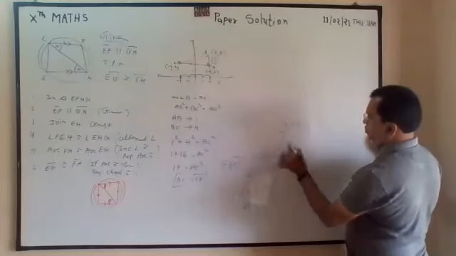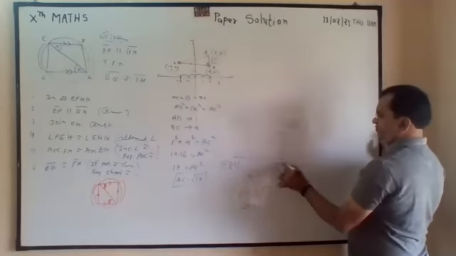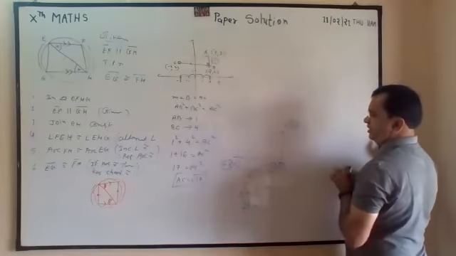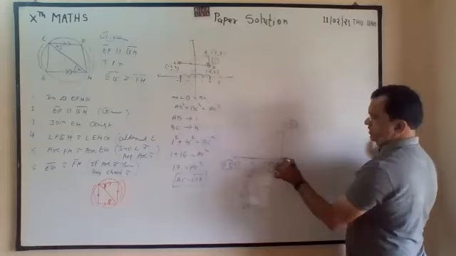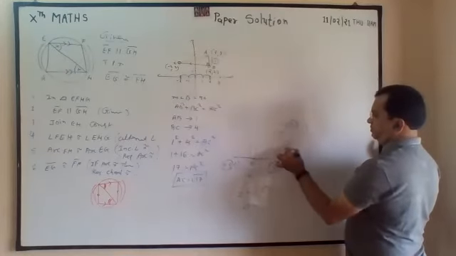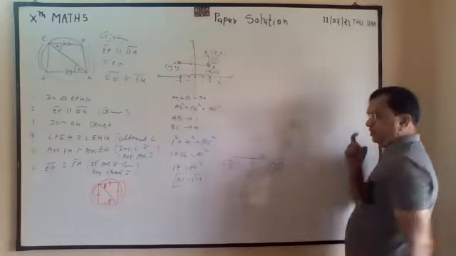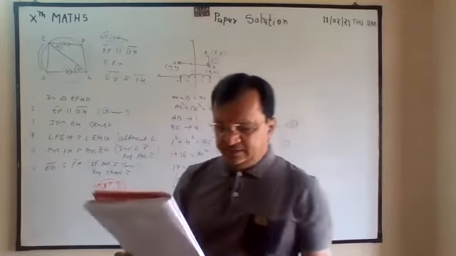Now from 2 to 3 is the height. While measuring height, we have to compare y coordinate. While measuring base, we have to compare x coordinate. And here it is 0. From 0, 2 side, from 0, 2 side, so 2 plus 2, 4. And 2 to 3 means only 1. So 1 and 4, so this will be root 17. 4 squared is 16 plus 1, so you will get 17.